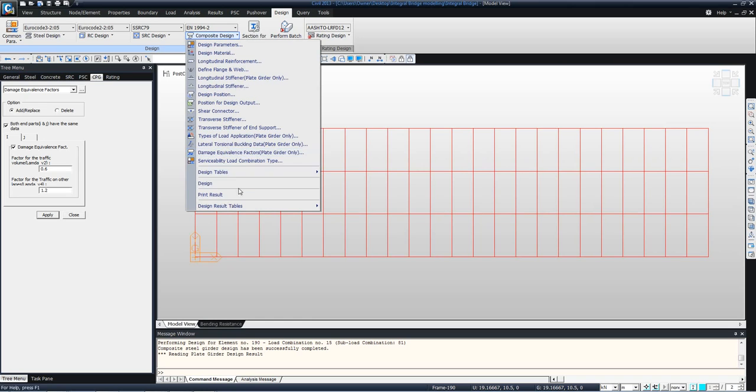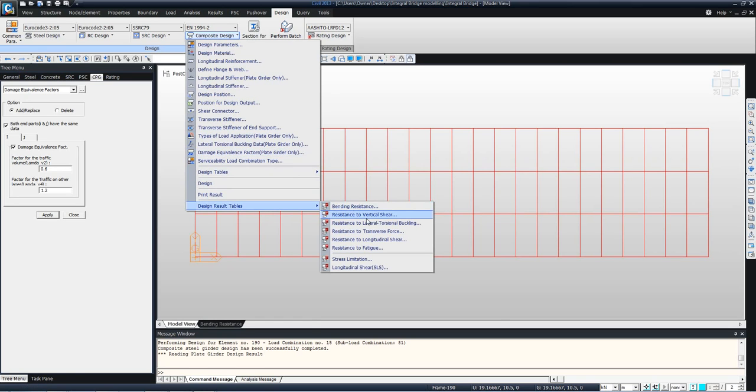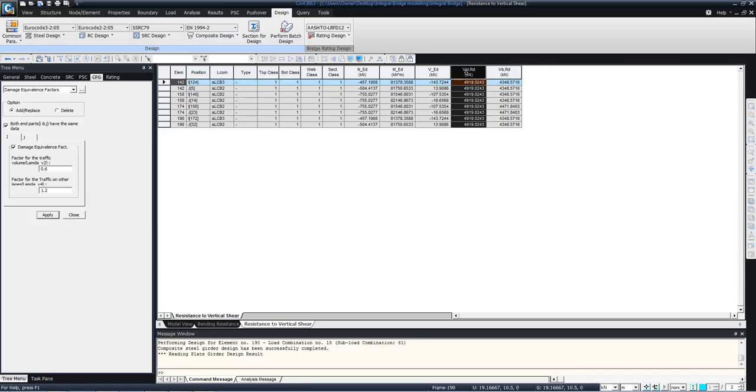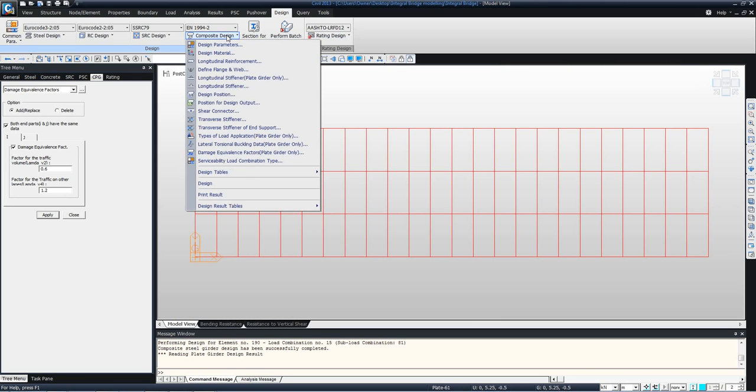Also we can see the result table for vertical shear resistance, that's the plastic shear resistance, VBRD, the shear resistance. Anything that is not passing will be marked in red,